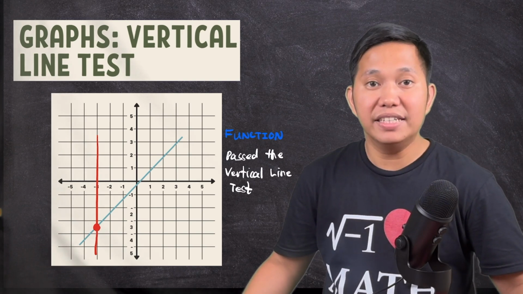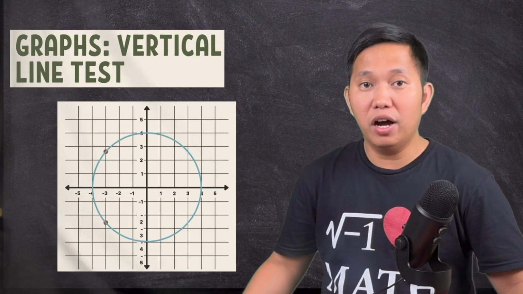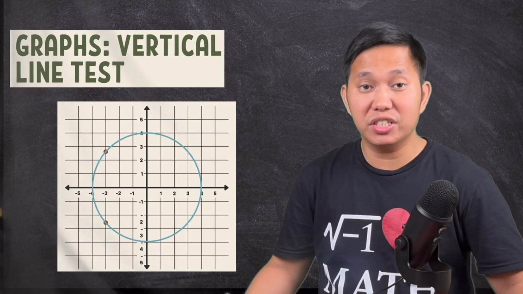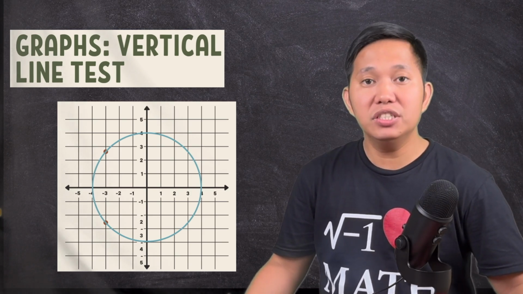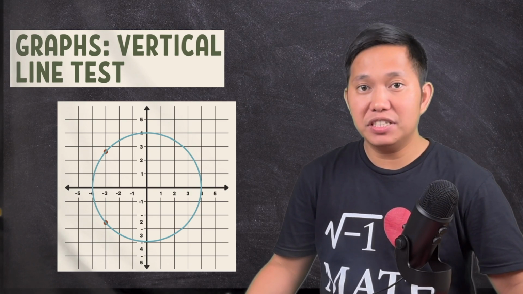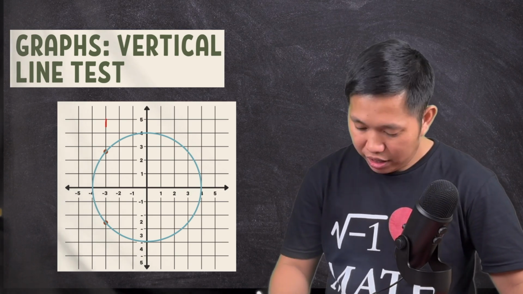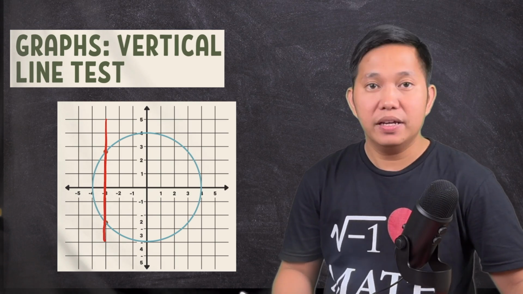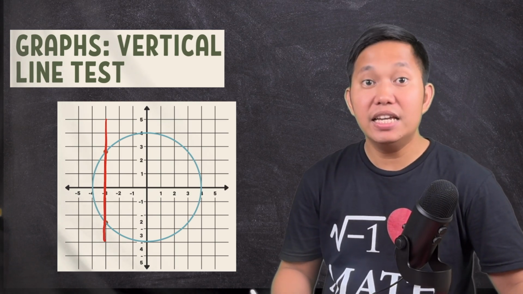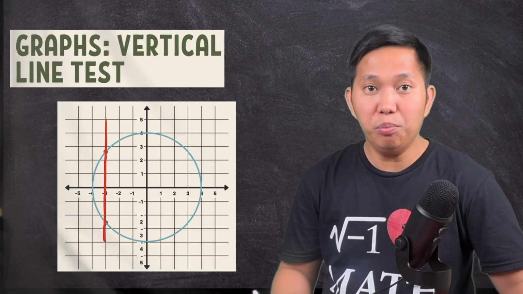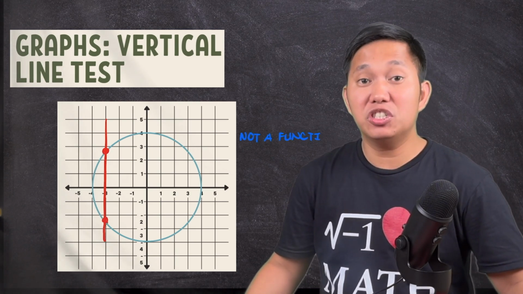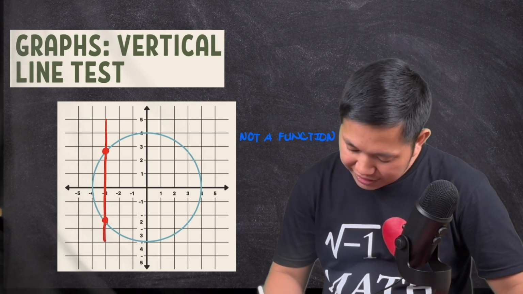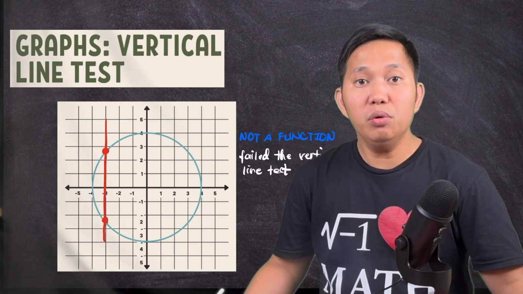On the other hand, if a vertical line drawn anywhere on the graph can touch the graph more than once, then the relation is not a function. In this graph, if I draw a vertical line here, the vertical line intersects the graph at more than one point. Specifically in this case, it intersects the graph at 2 points. Hence, the graph does not represent a function because the graph failed the vertical line test, indicating two outputs for